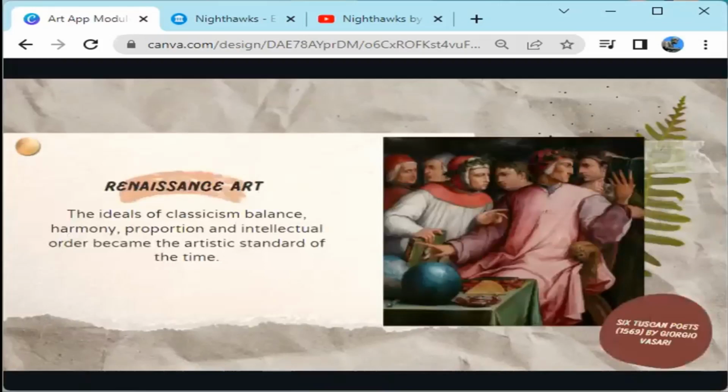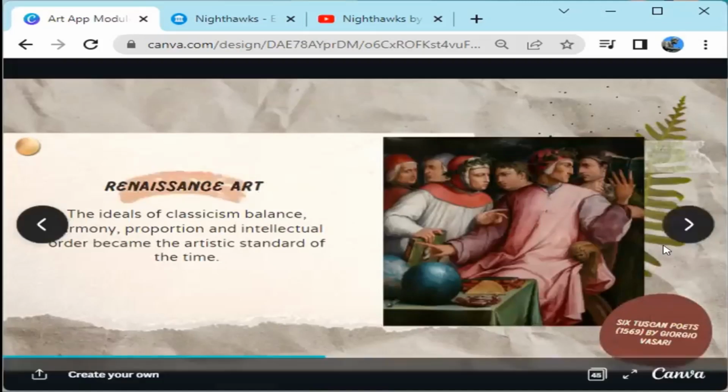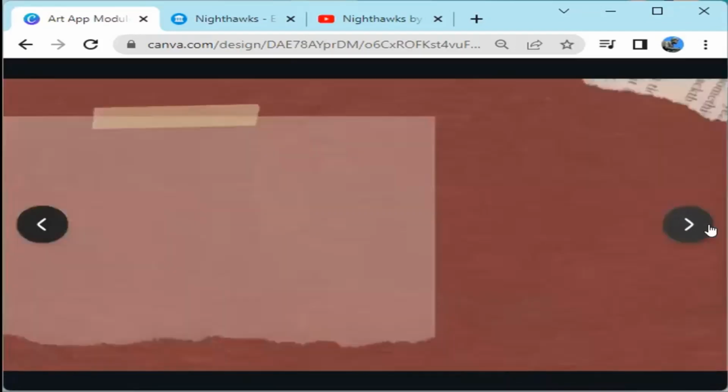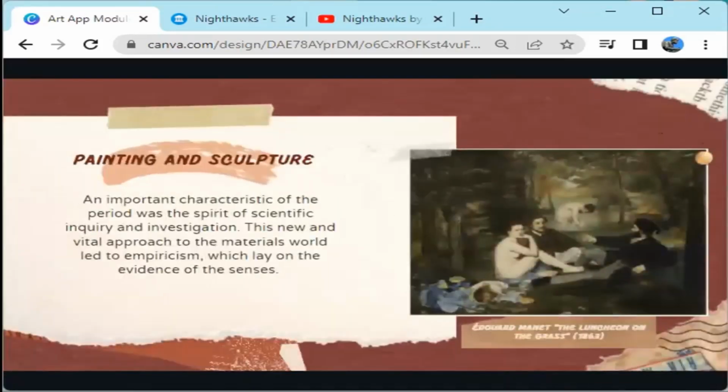Now, the ideals of classicism, balance, harmony, proportion, and intellectual order became the artistic standard during that time. This is what we get to see here, yung Six Tuscan Poets by Giorgio Vasari, 1569. Now, an important characteristic of the period during that time would be the spirit of scientific inquiry and investigation. This new and vital approach to the materials of the world led to empiricism, which relied on the evidence of the senses. And this is why, during that time as well, yung depiction ng katawan ng tao is,